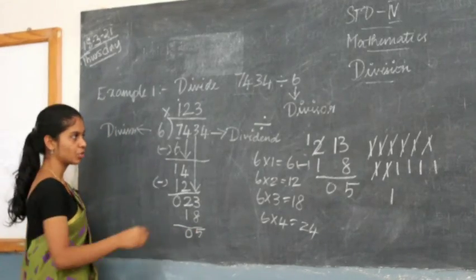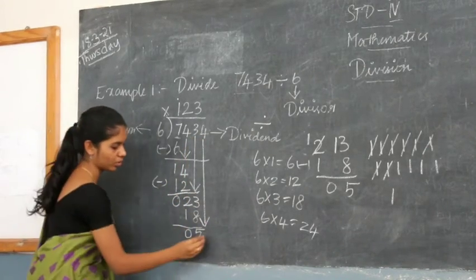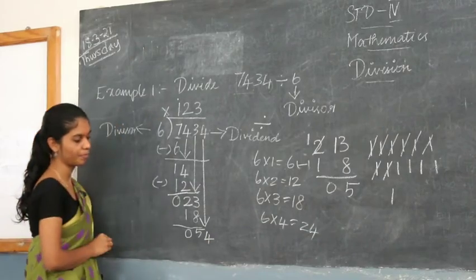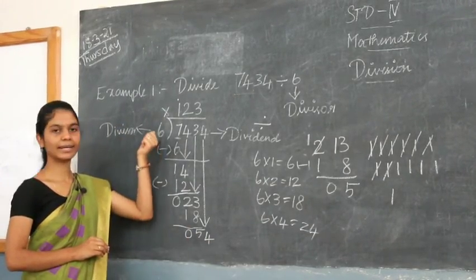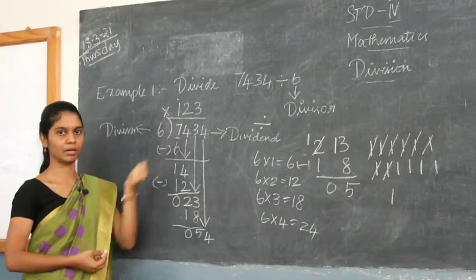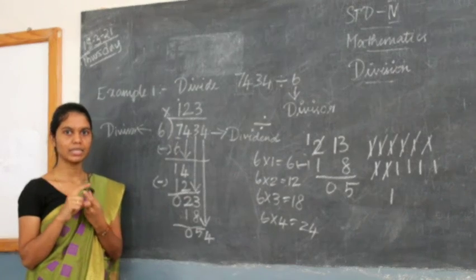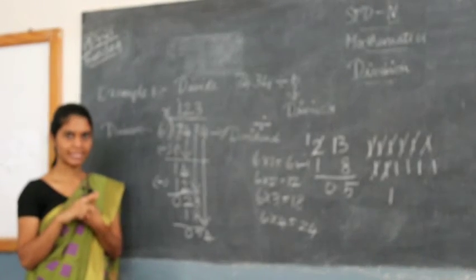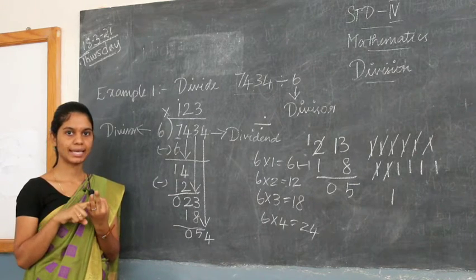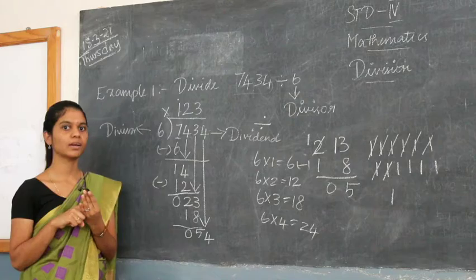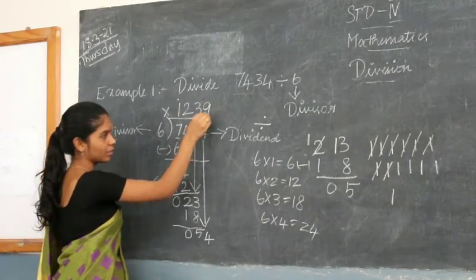Now what you should do? You should get the next number down, which is 4. So if you write 4 here, you got 54. Then what you should do? You should start telling 6 tables, right? Divisor table. So 6 ones are 6, 6 twos are 12, 6 threes are 18, 6 fours are 24, 6 fives are 30, 6 sixes are 36, 6 sevens are 42, 6 eights are 48, 6 nines are 54. So 6 multiplied by 9 gives you